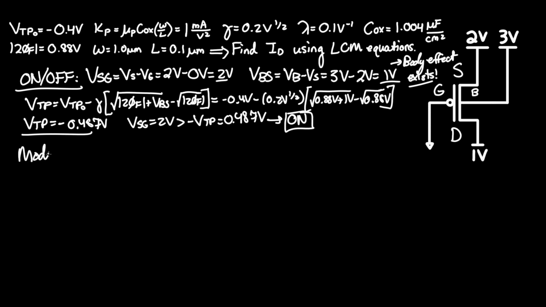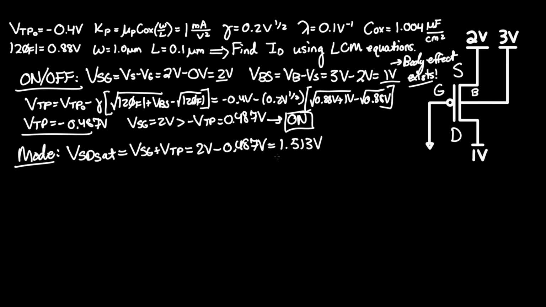Now, to see what mode it's in, we need to find the value of VSD sat. If VSD is less than this, it's in triode or linear mode. And if it's greater than this, it's in saturation mode. Given LCM equations, VSD sat equals VSG plus VTP. That's it. And that equals 2 volts minus 0.487 volts, since you're adding a negative number. And that equals